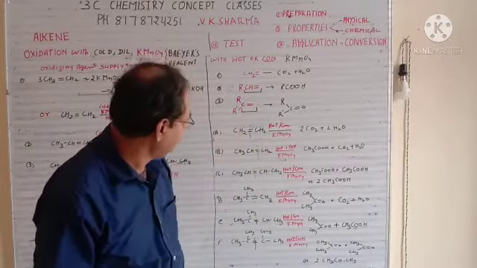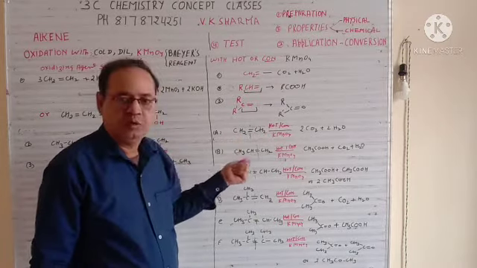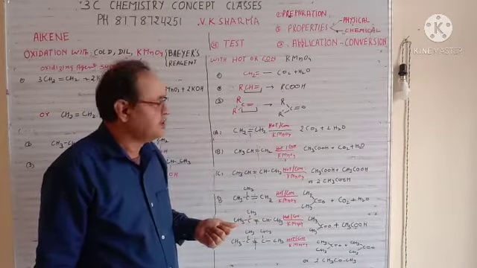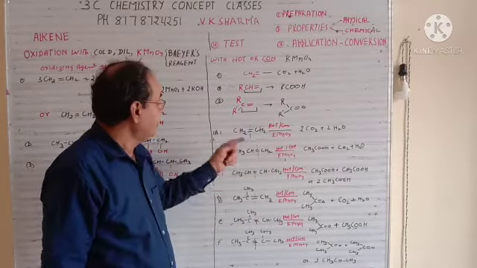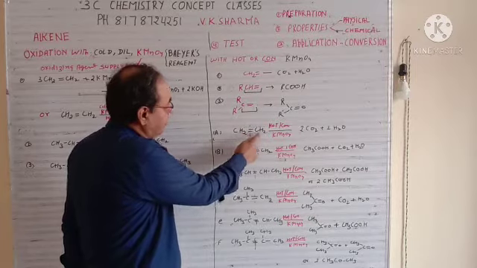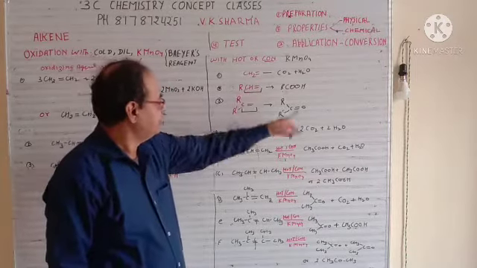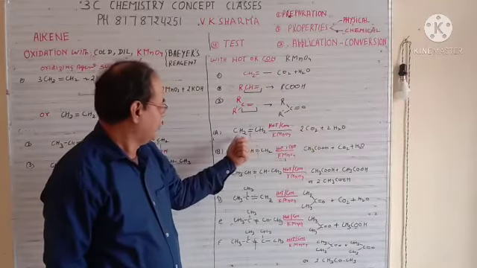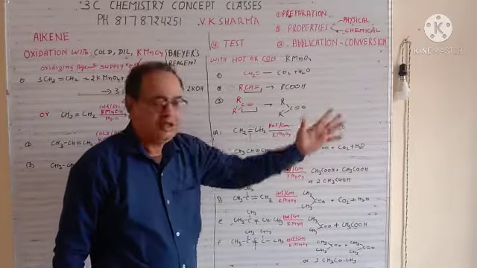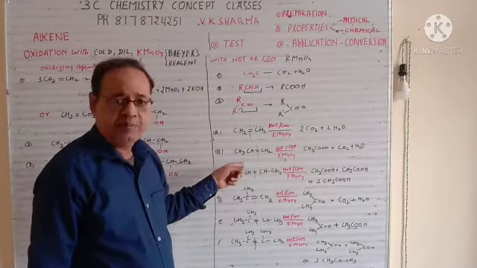Now let's take first case, A example. Suppose we have CH2 double bond CH2 and we are using hot and concentrated KMnO4. So now see, this portion is coming in the category of CH2 double bond, so this is falling in this category. So ultimately the product is CO2 and H2O. So there are two carbons, so twice of CO2 plus twice of H2O. That is very simple. Now suppose I am taking another example with 3 carbons.